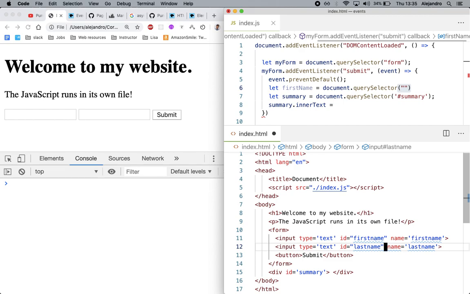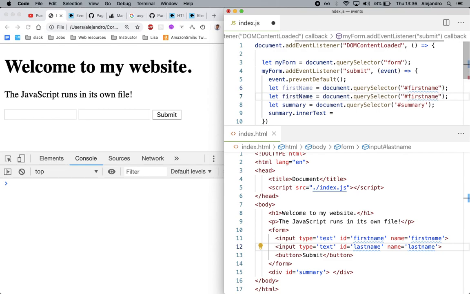Also here, it's good to keep a standard. If you're doing single quotes, then do everything single quotes. Don't mix it like me, I was doing double quotes. Single quote. Okay, now I'm going to grab the first name, and I'm also going to grab the last name. Just replace this with lastName, document.querySelector,